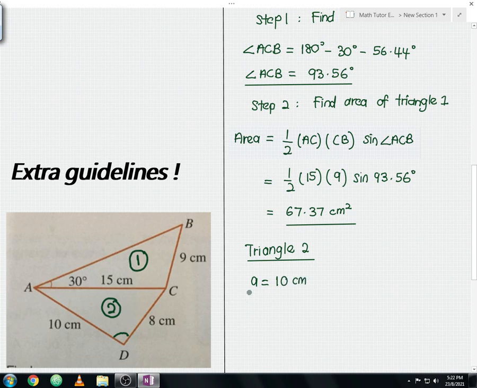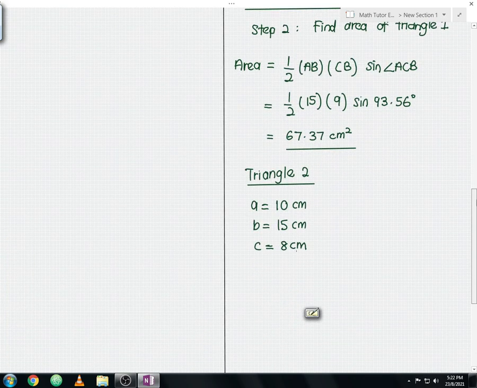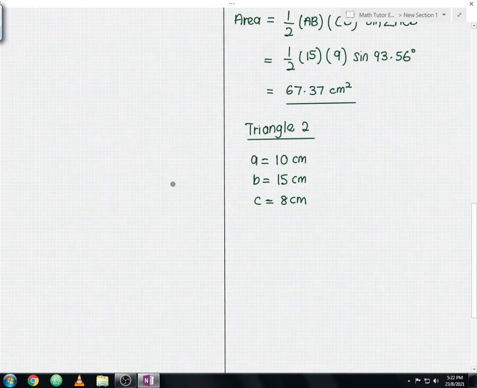And B is equal to 15 centimeter. And my C is equal to 8 centimeter. So once you identify the A, B and C, now we can apply Heron's formula. So let me write in the working here. Using Heron's formula,